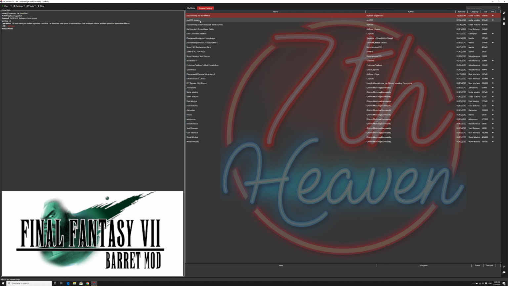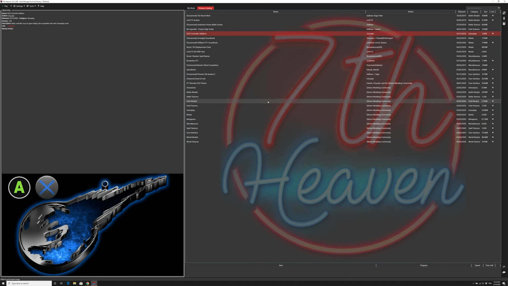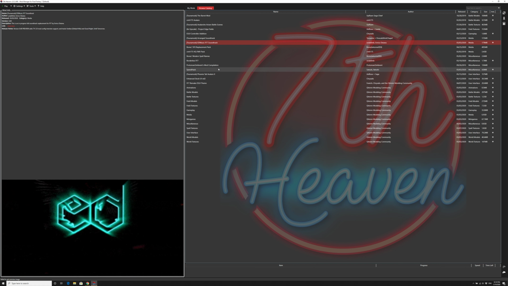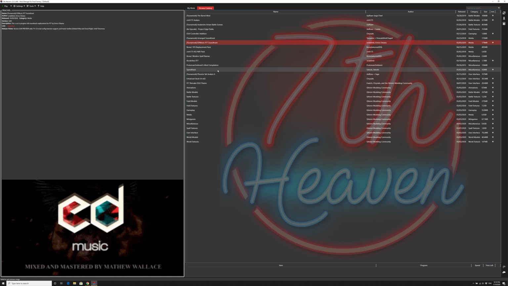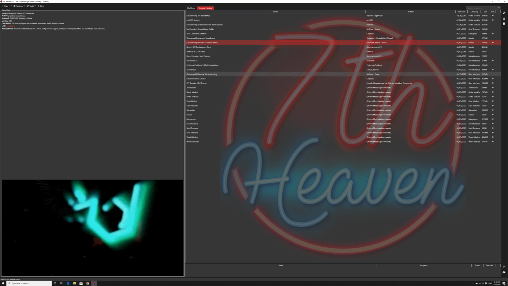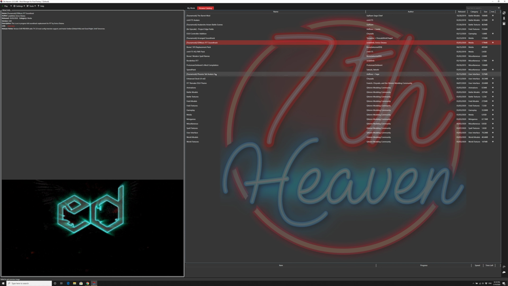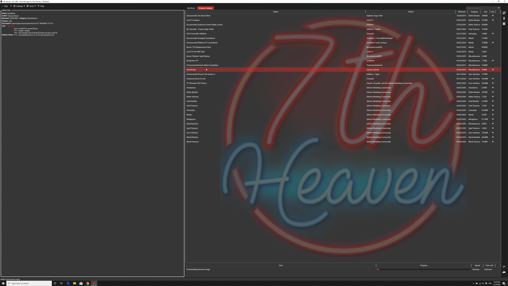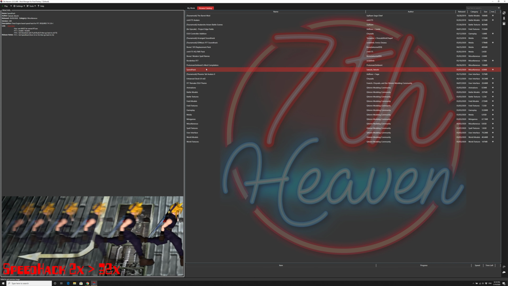So I have the Barret mod, CMH 175 avatars, ESUI Control Edition, ED Music, FF7 soundtrack. I'm actually not changing the soundtrack, but if you want to change it, you can go for it. I believe that once the remake soundtrack is out, it will probably be a very good idea to try to plug it in here. Borderless FF7, speed hack. Actually, this is convenient when you want to record videos and you want to skip certain